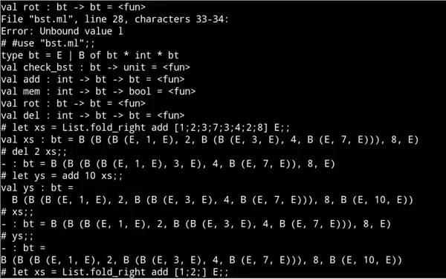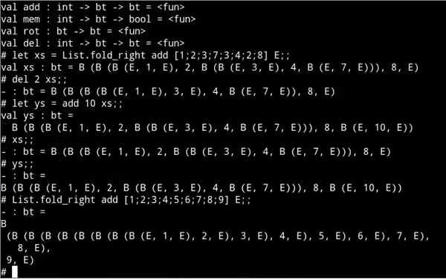Well, it means that if I try to construct a tree out of a sorted list, for example, what I get back is something that looks very much like the list itself. This tree is always branching towards the left, so it's a very tall and skinny tree,